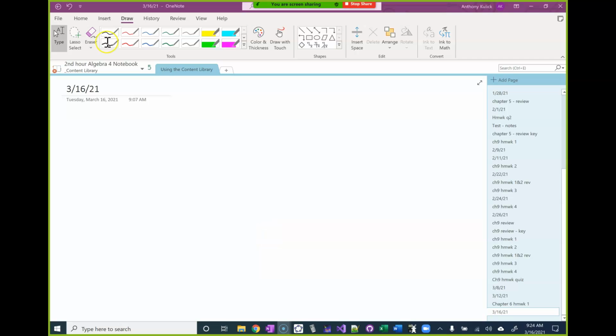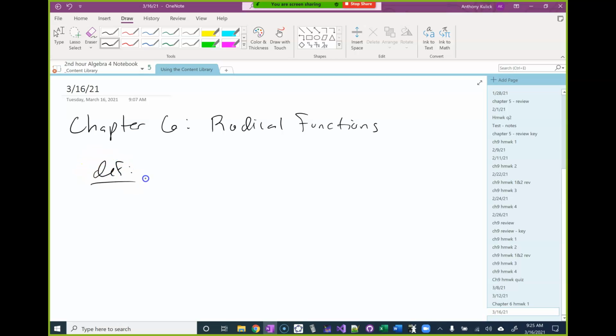Today we're going to start what we'll call Chapter 6. And here we're going to talk about radical functions, and when I say radical functions, I don't mean like they're surfers or something. They're totally radical. What I mean is that they're going to involve like a square root or something. So definition, a radical function